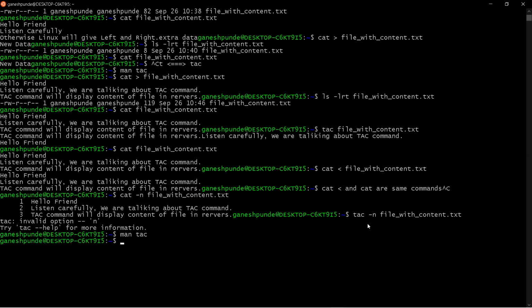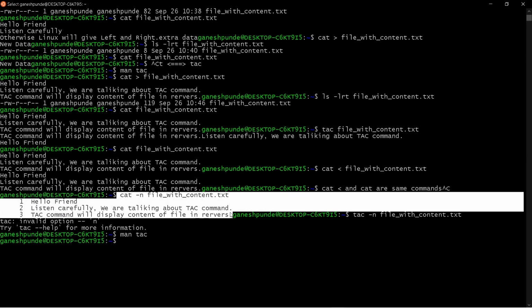Okay, that is fine. The point here is that -n is used to display the line numbers along with the content of the file. You can use this -n option in order to display the line numbers.